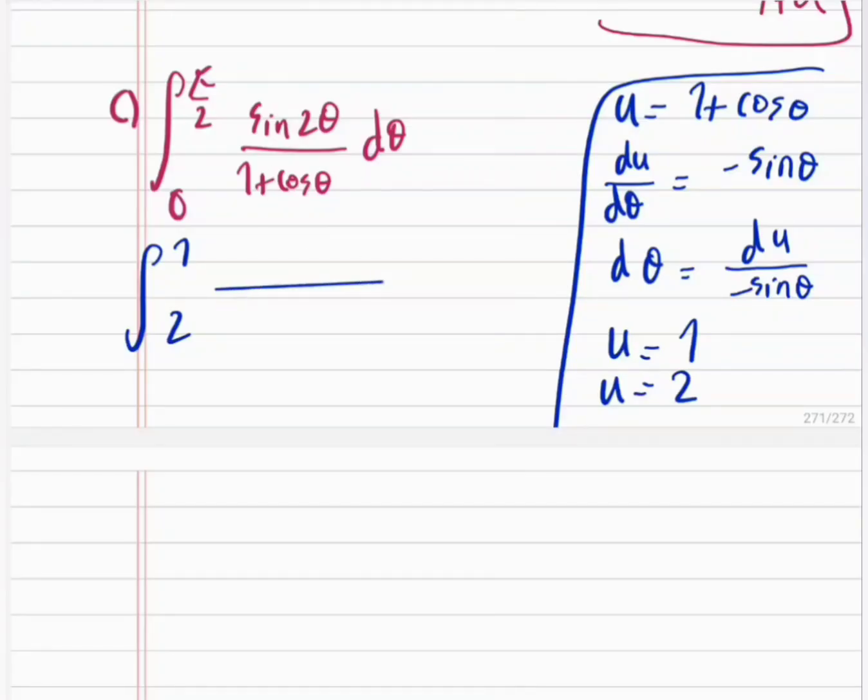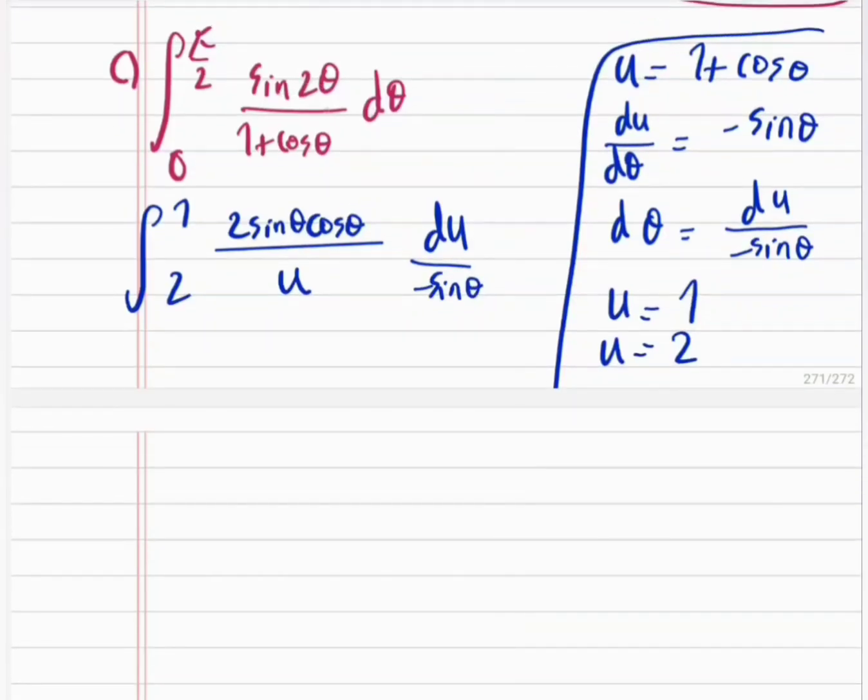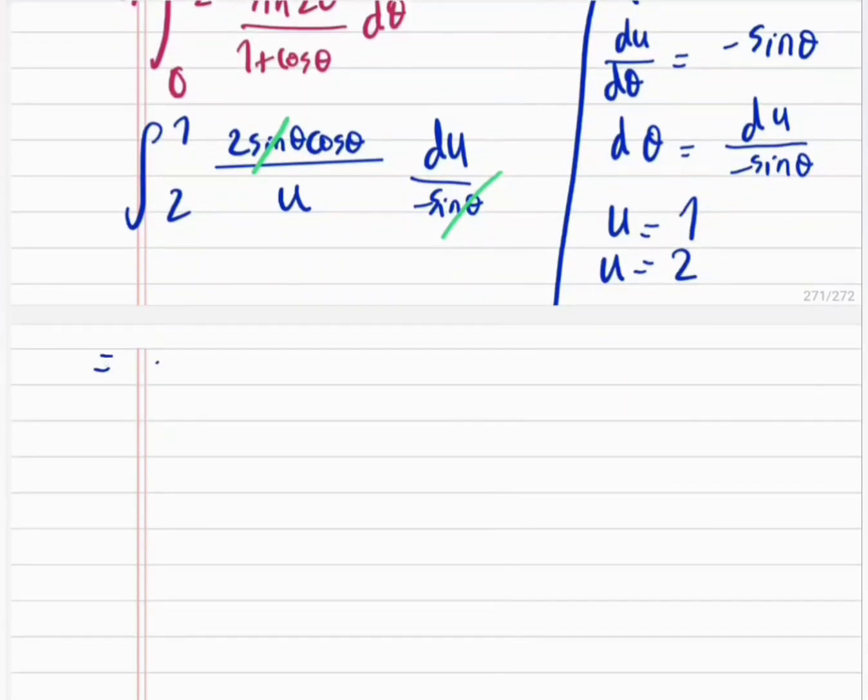So also for sine 2 theta, let's use the identity and rewrite it as 2 sine theta cos theta, because that's going to be useful when we want to simplify. So 1 plus cos theta is basically u, and now we substitute du over minus sine theta into the integral, and now you can see the benefit of having sine 2 theta written as 2 sine theta cos theta, because sine theta here cancels out with this sine theta, and we have 1 to 2 of minus 2 cos theta